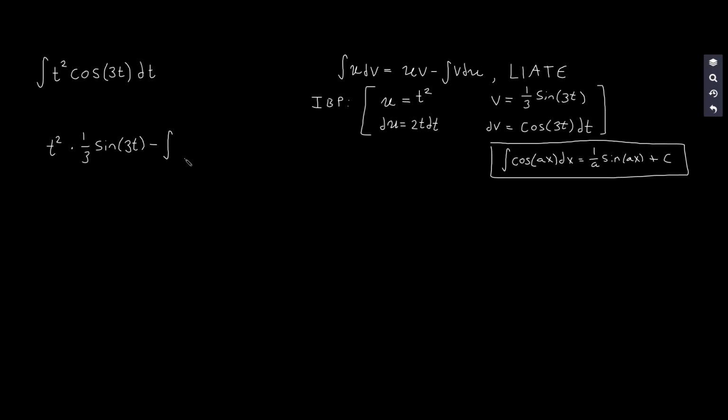minus the integral of 1 over 3 sine of 3 times t times 2 times t with respect to t. And I am going to simplify this. So I'll factor out that 2 and I'll factor out that 3 of the integrand. So we're going to have minus 2/3 times the indefinite integral of sine of 3t